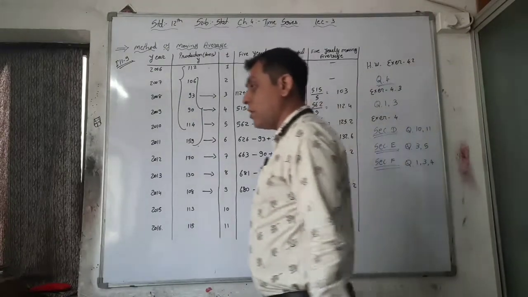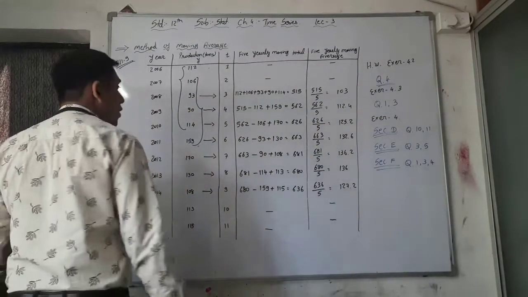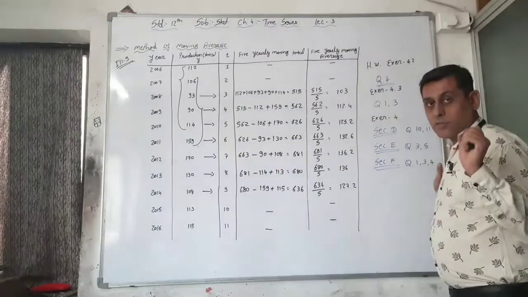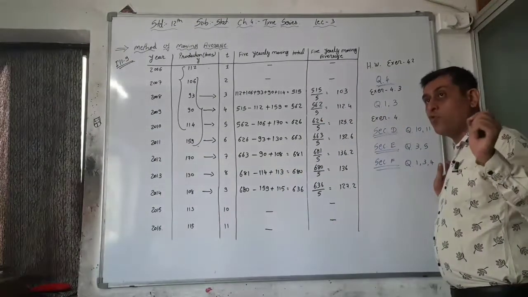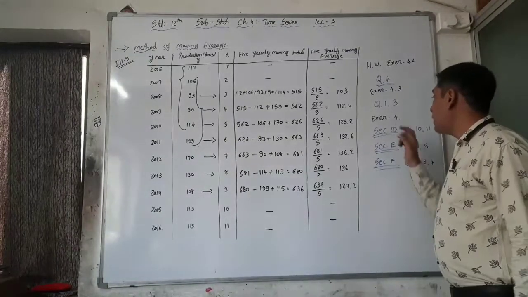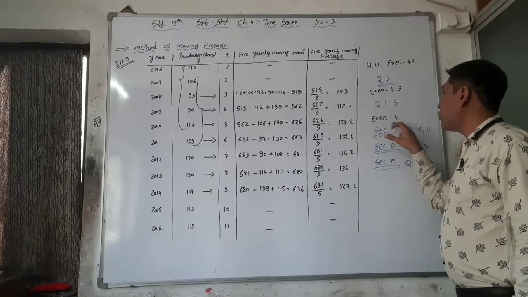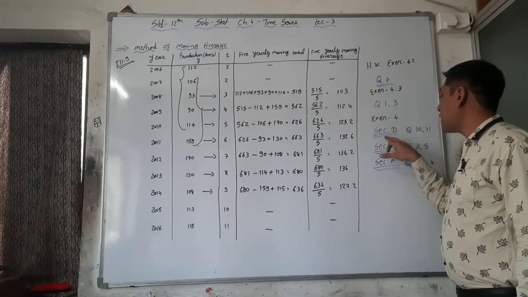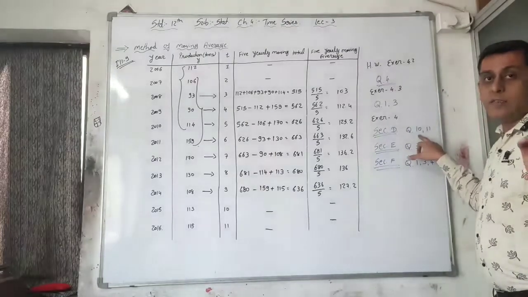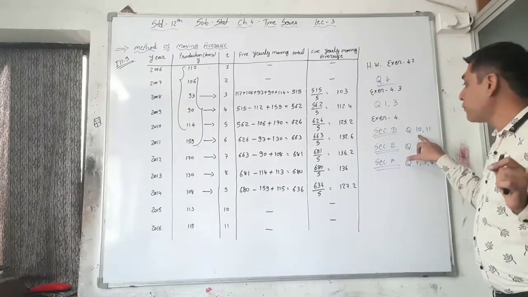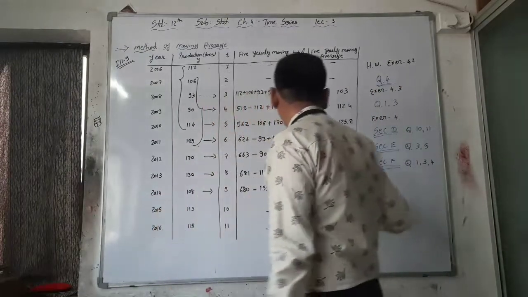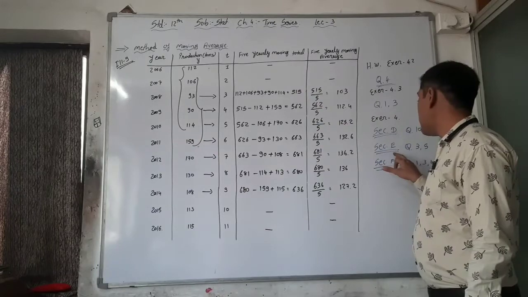And in my last lecture I will give you the homework of section E question number 1 and 3. Just like same as 1 to 5, 2 to 5, 3 to 5 illustration. And now in exercise 4, now the homework of exercise 4 section D, question number 10 and 11. Question number 10 is same as illustration number 7, and 11 is 3 year moving average. And now exercise 4 section E.